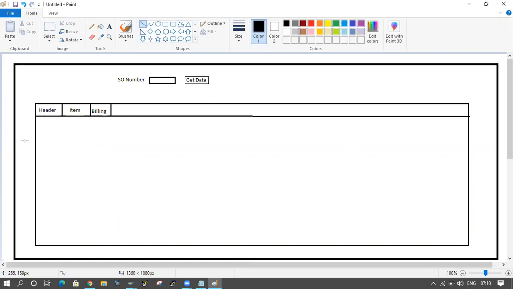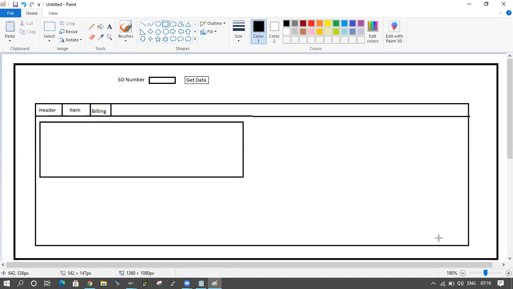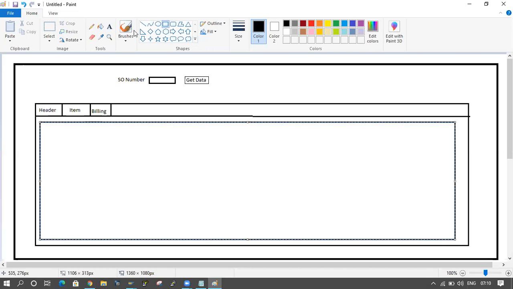Okay, now I want to display some table control here. Okay, something table control I want to display here. So whatever it is, the header data or item data or whatever it is, I want to display that one.